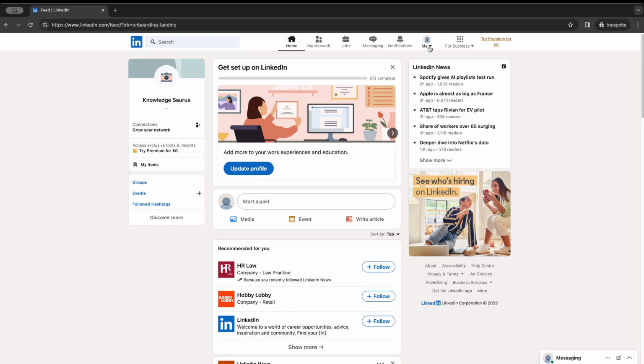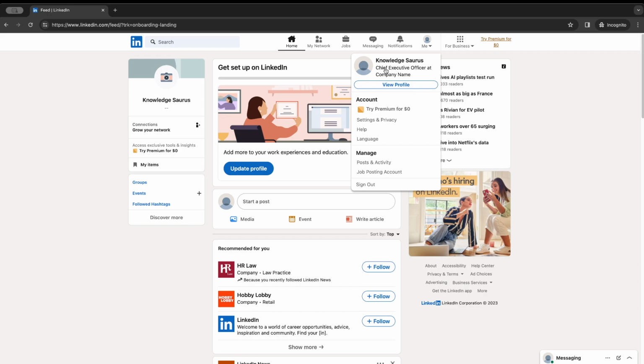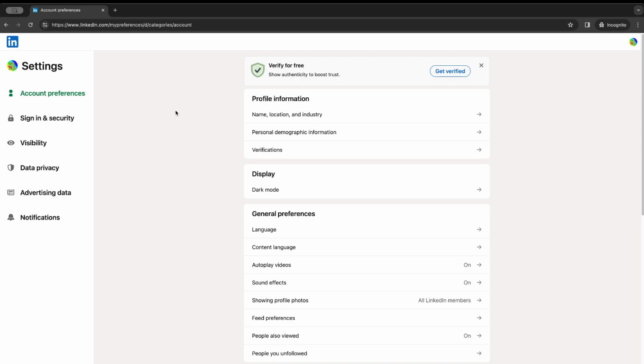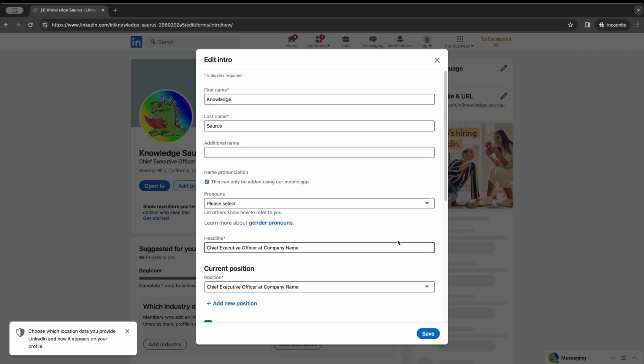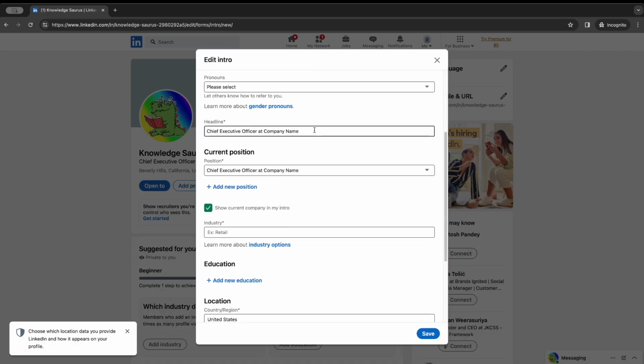So if we go up to here, you can see this shows all our information, our name, our company, our position, and we can go into settings and privacy and start changing some things and editing our profile. So in here, there's a lot of things you can do. You can edit all your profile information. So if I wanted to edit my name or my location,